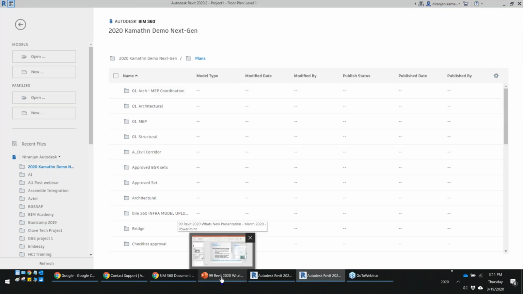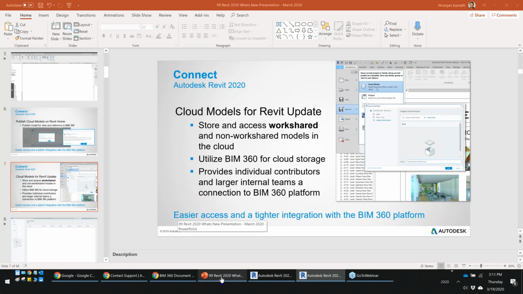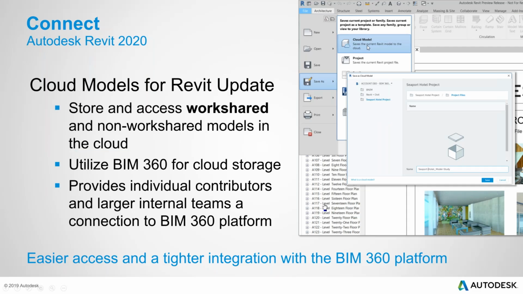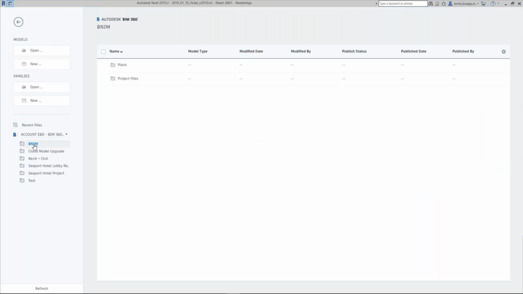So these are some of the tips that you can use, and it really helps us control the cloud model. The benefit of this is we get to save our file on a shared location, and we can access the file anytime, anywhere, whether it's a work-shared or a non-work-shared environment. Now let us see